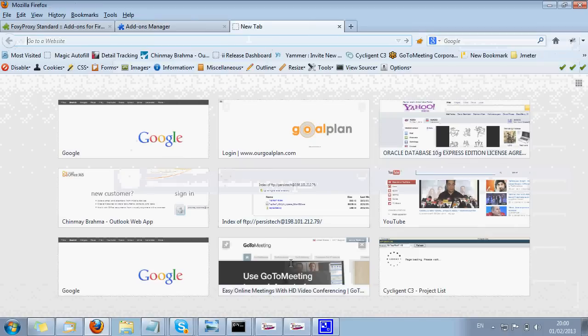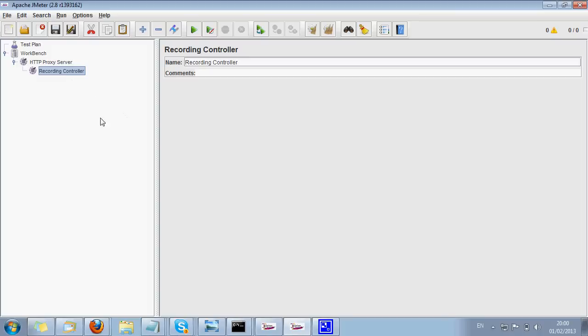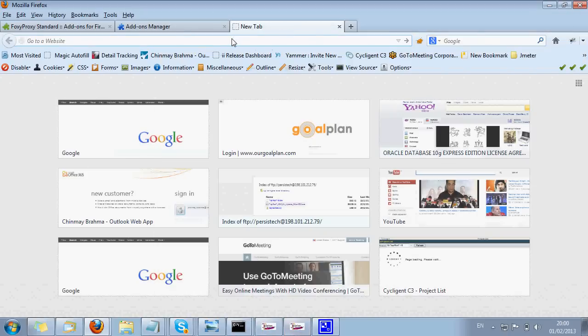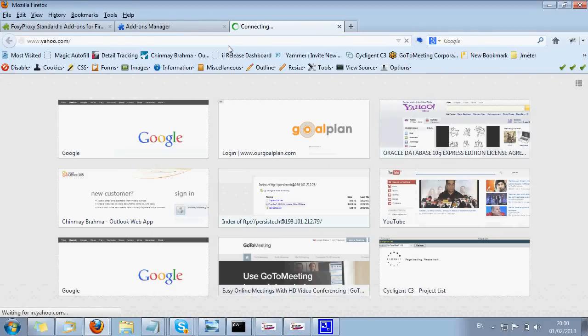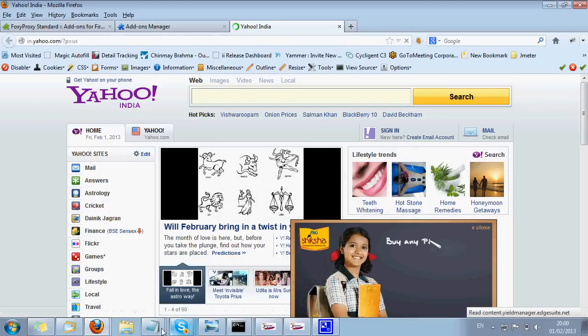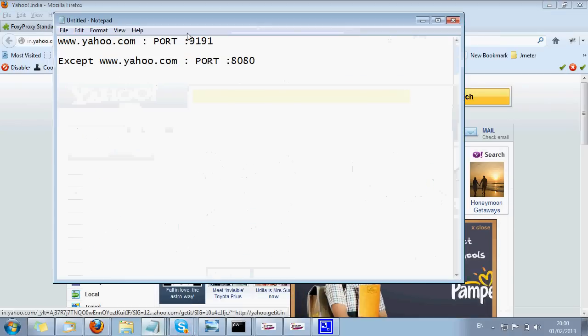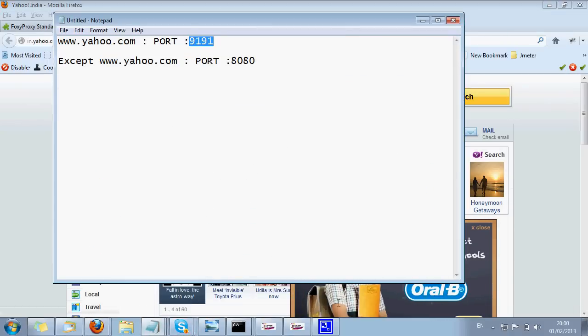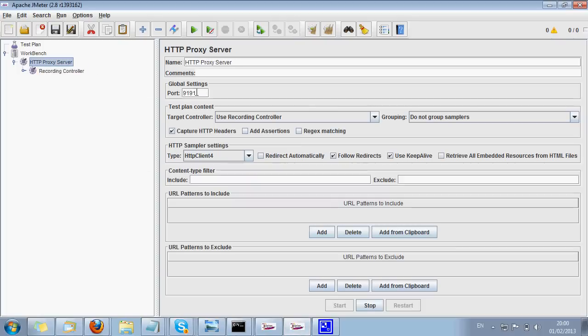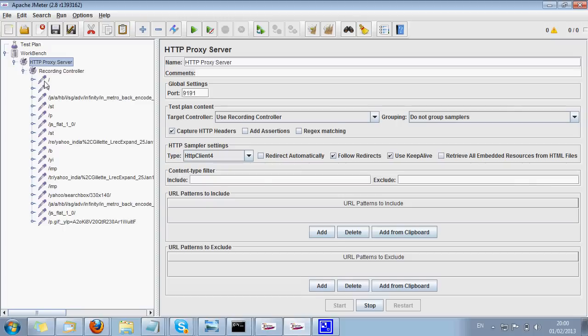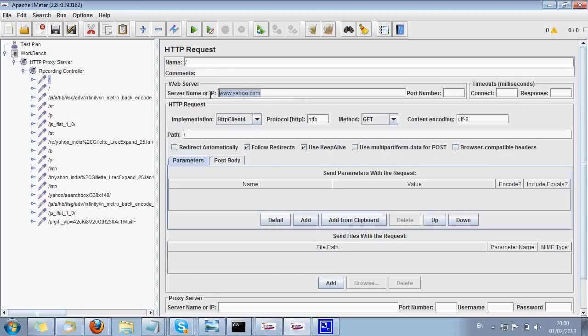Okay, so now I am going to open yahoo.com. As per our notation, it should be opened in the 9191 server. So let's open 9191. This is the 9191 port. Okay, so see, yahoo.com is recorded over here under 9191, but not in 8080.